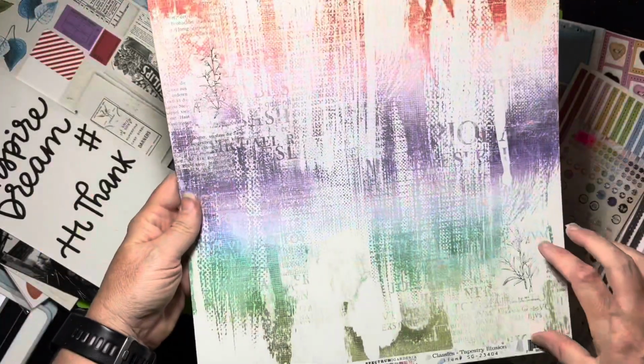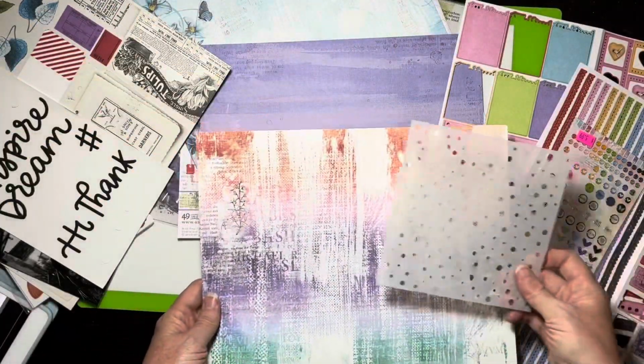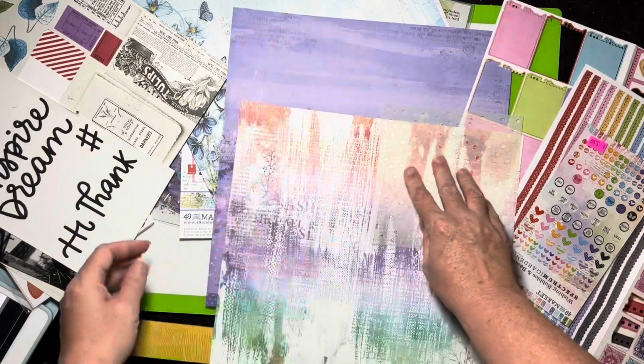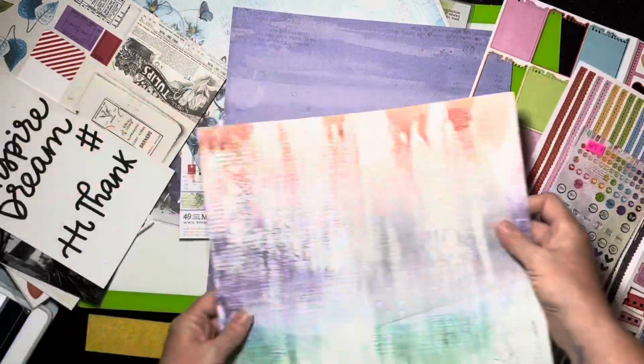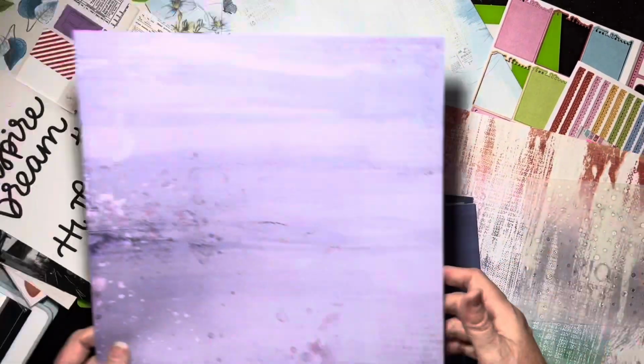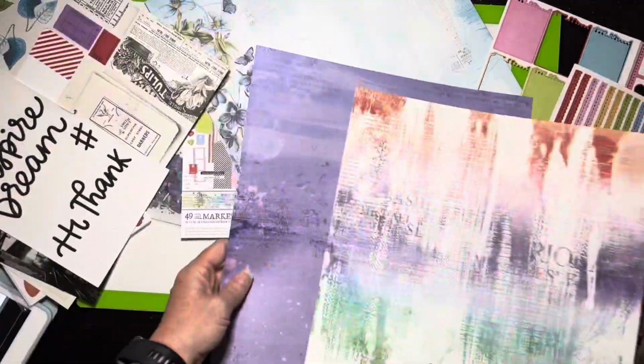And then the paper I want to use is this. This is not a wood grain, but I do kind of have these stripes going across. And I thought what I would do is use this guy here, and I'm going to use soot. Y'all, I've got such a mess going on here. Black soot to create my little mixed media. And then also I have for the banners, and actually I'm going to map this paper here on this. This is from